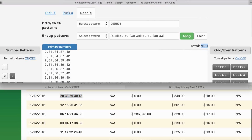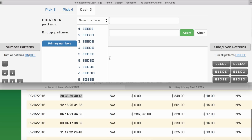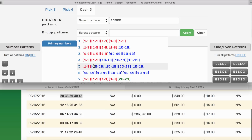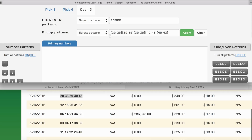Okay, so now let's look at the patterns. What are the patterns that are identified there? What's the even-odd pattern? You have even, odd, odd, even, odd, right? So I think it's 14. Even, odd, odd, even, odd. Yep. And then the group pattern would be, I think it's this one: 20, 30, 30, 40, 40. So it's group pattern